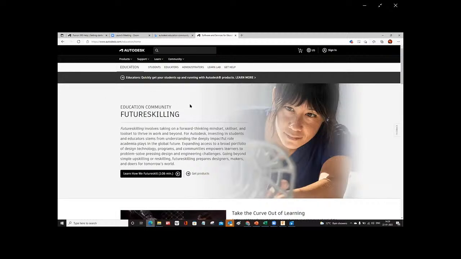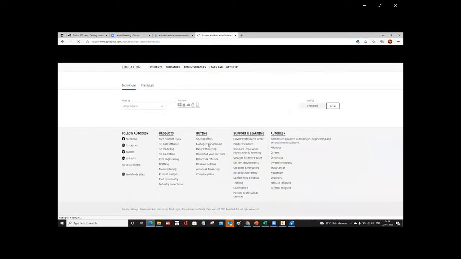So after going into this, here you can see it will take you to the main page of Autodesk, where you can start creating the account. If you already have an account, you can sign in. But if you don't have an account, then I'll show you. I'm going to create the account of one of the candidates. So just click on Get Products, okay, and when you click on Get Products,